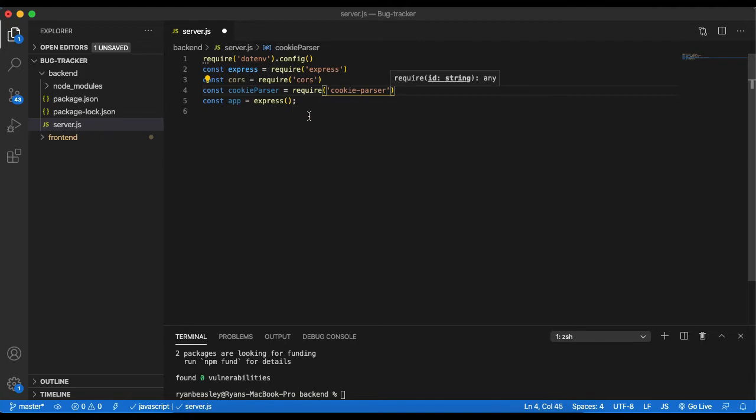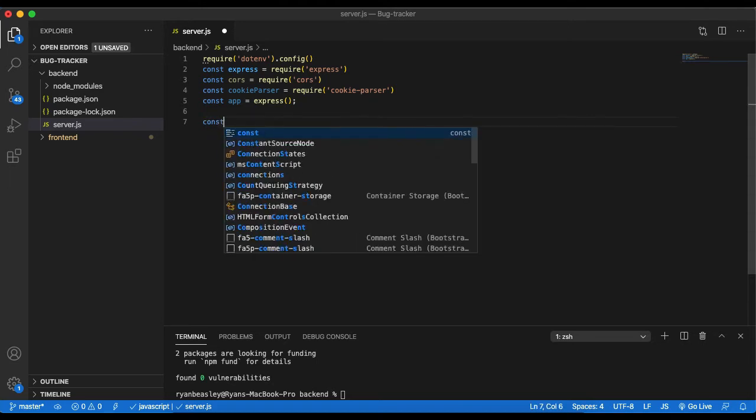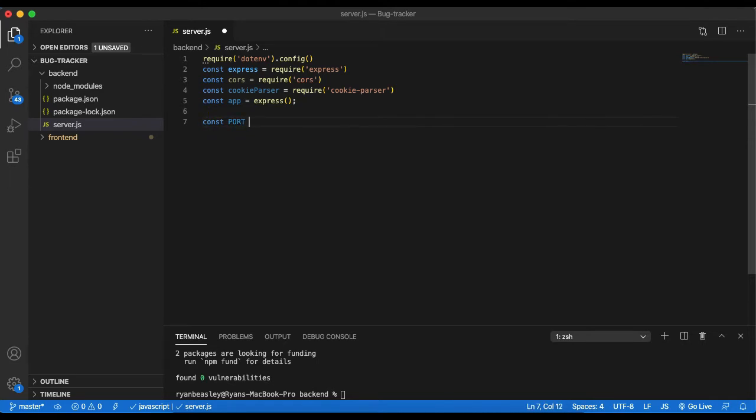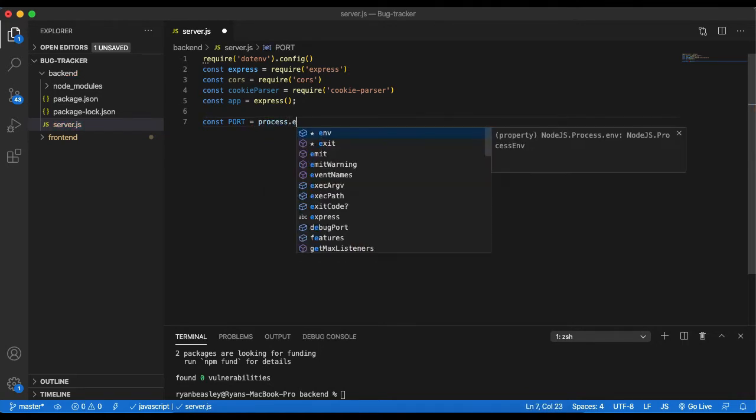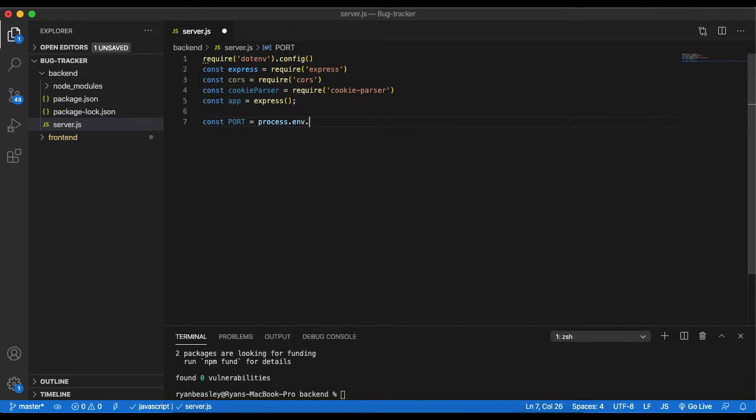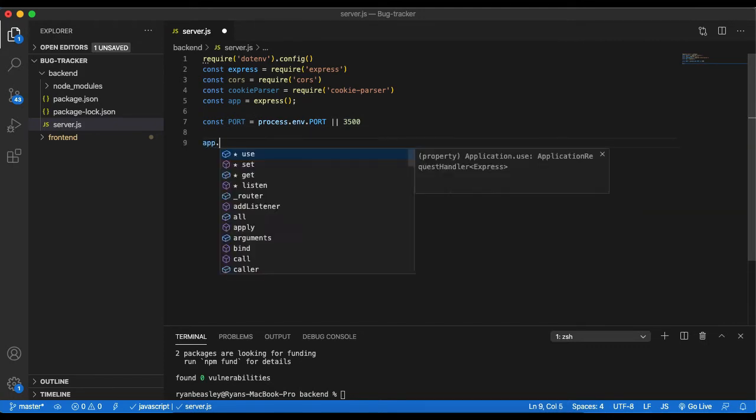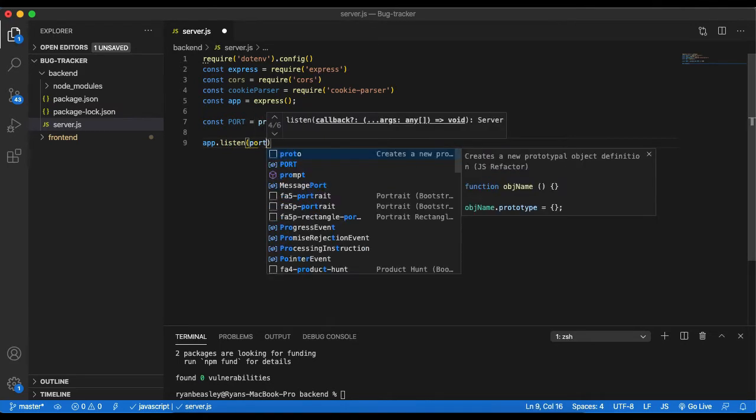Okay, so now we've got that. We want to set up our basic Express server. So if we make a constant and we'll call it port. Now, it depends on where you host it. Most of them don't allow you to set your own port. They'll set it on startup, so we need to allow them to set their own port. So we'll go process.env, so it grabs the environment variable. We'll go PORT, and we'll go or 3500, and that's because if we run it on our local machine, it will choose port 3500. And if we go app.listen, and we'll pass in the port,